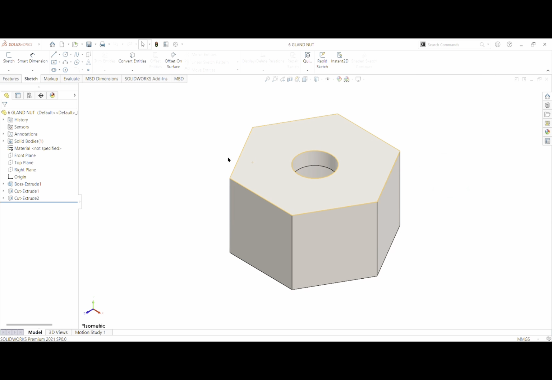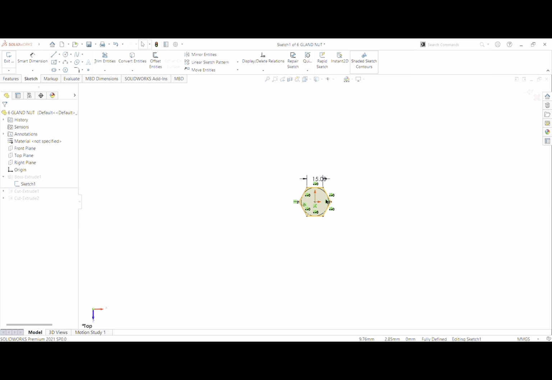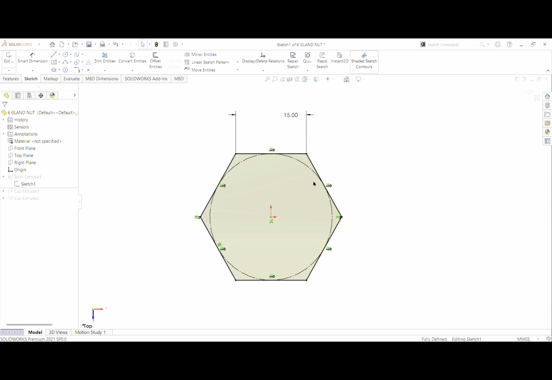So we move to the next part, that is plane nut. This is my result of my sketch at the isometric view. We move to the first feature, that is boss extrude. First, I will sketch the hexagon with the length of inside 15mm,